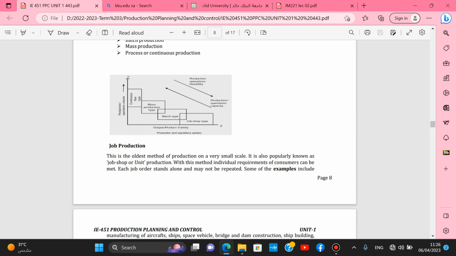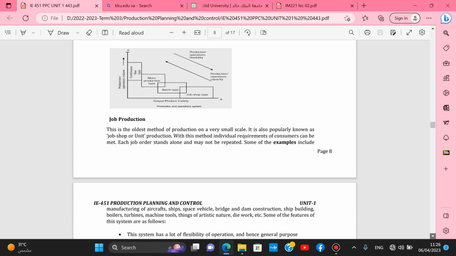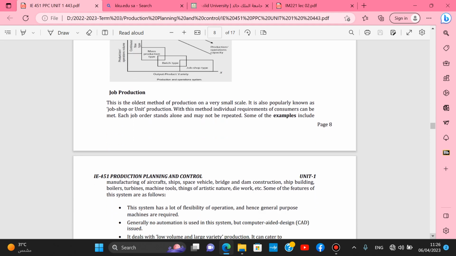Okay, so we'll speak about each type of production system in details. We start with the job production. This is the oldest method of production on a very small scale. ليش the oldest method؟